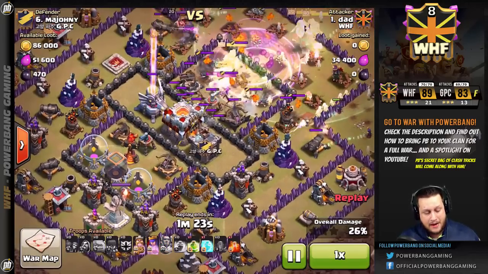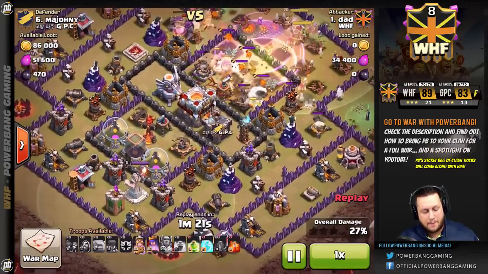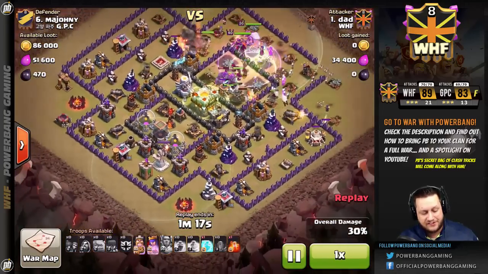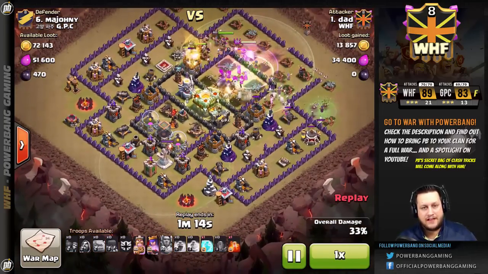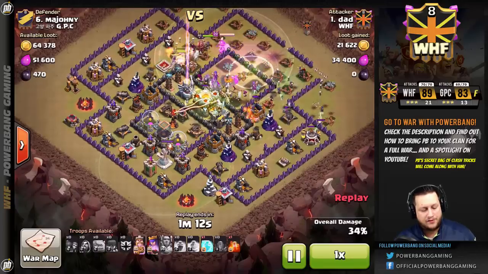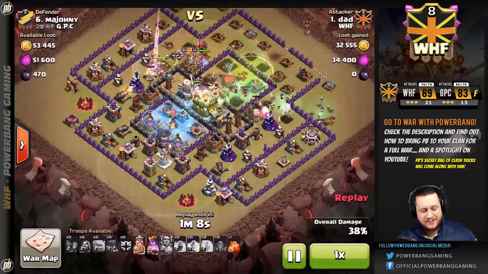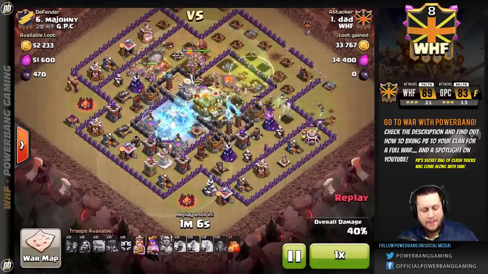Inferno Tower, and then an Earthquake spell kind of softens everything up. Another jump spell goes down to get everything across that moat, and he's saving a free spell there to get back to that second Inferno Tower. Wizards have locked on to the Eagle Artillery. It's going to go down here any moment, and a free spell goes down for the Expos and that backside